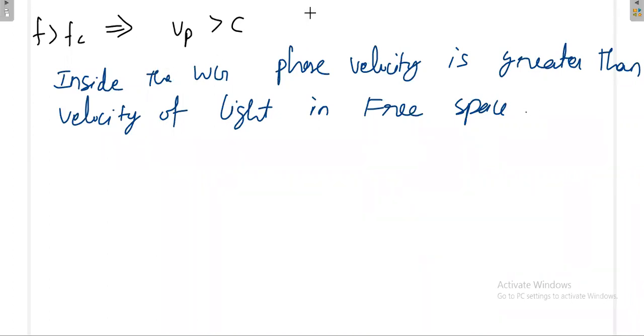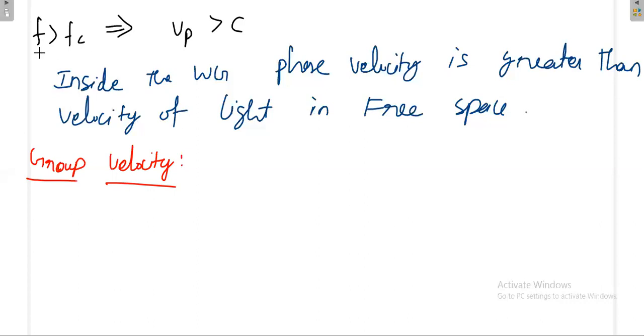Next, we will see the group velocity. First of all, you have to understand what group velocity is. The name itself, group, is there. Group means it is the combination of frequencies. Only a combination of frequencies can carry the energy from transmitter to the receiver end. The combination of frequencies is called a signal, and it is really giving you the speed of the signal.